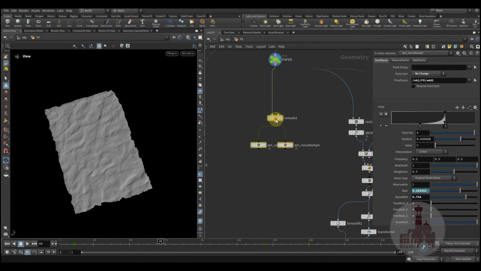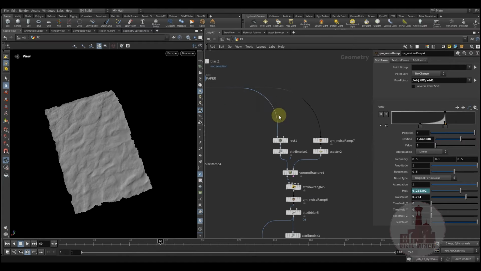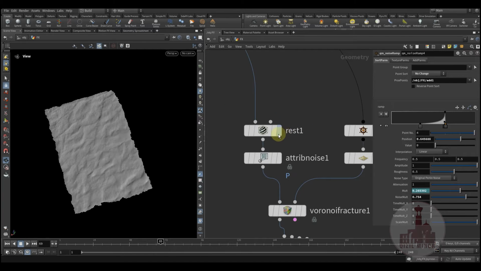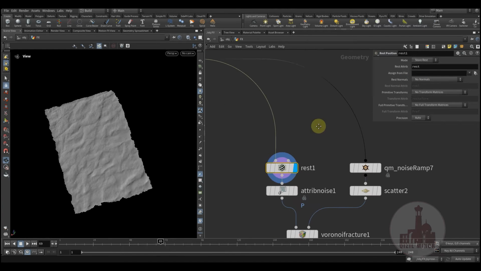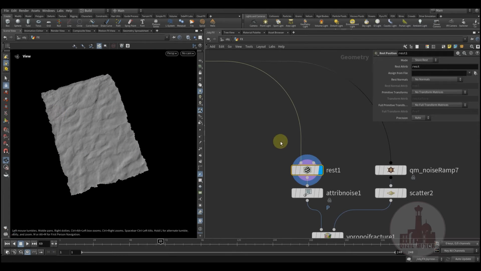This is testing, and here's the next steps. Okay, so here I'm applying a rest attribute just to keep the rest position of